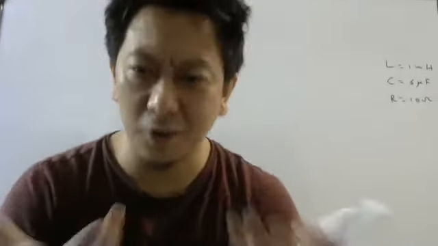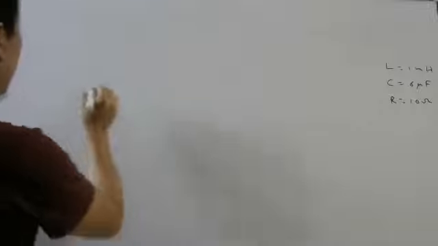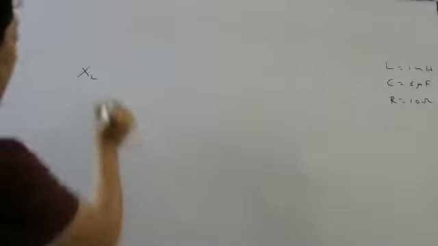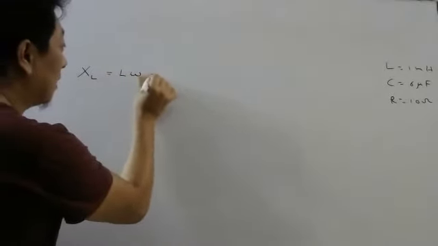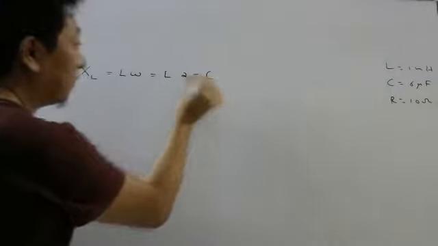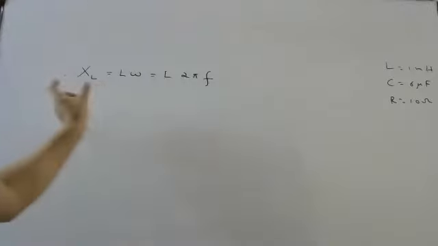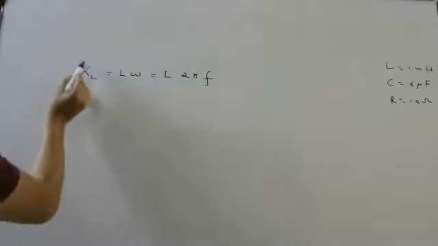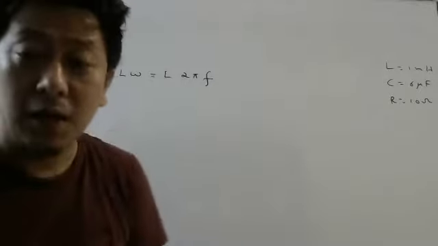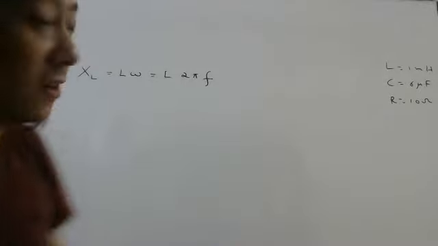So how will you start the problem? The first thing is you have to remember last class I have done some important derivations, right? So using the formulas, whichever we derived, that only we have to use. So the first thing we will calculate is inductive reactance, XL. That is equal to L omega, that is L 2 pi F. Omega is 2 pi by T, and 1 by T is frequency. So like that you need to remember. The first thing we calculate is inductive reactance, which is nothing but the opposition to AC by inductor.